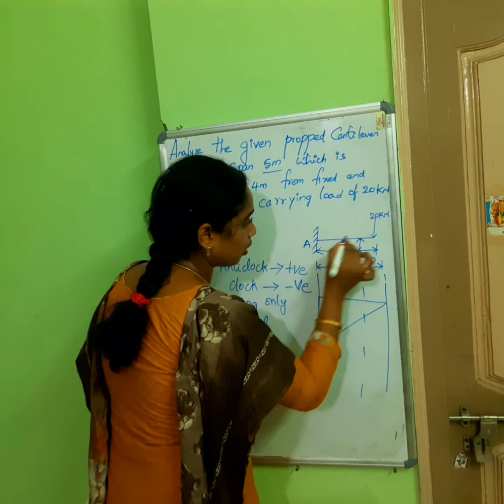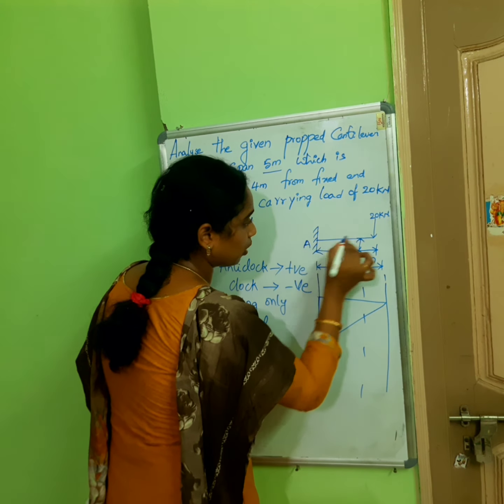Now I am considering the M by EI diagram. If I take the M by EI diagram, where should I calculate deflection? I should calculate deflection at point C. Deflection at C means YC1 is equal to, we know the formula, A X bar by EI. So I need to calculate the overall area of this triangle.